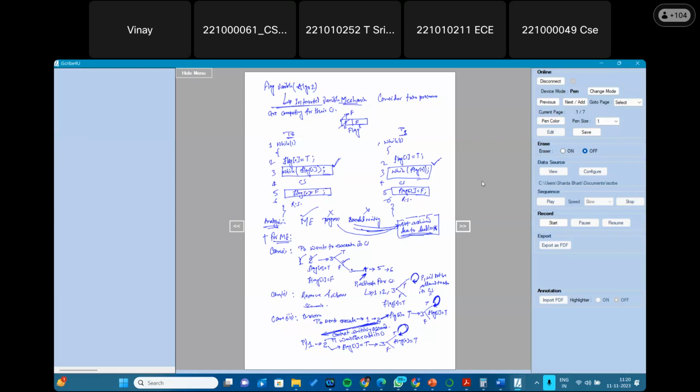So here you can see that there is no process in the critical section. Also, the willingness of processes to enter their critical sections is there, which means progress is not achieved